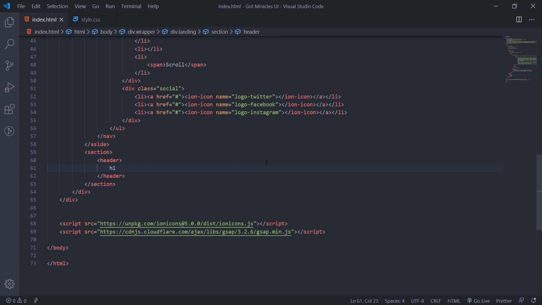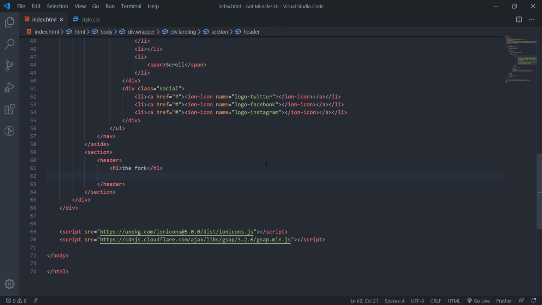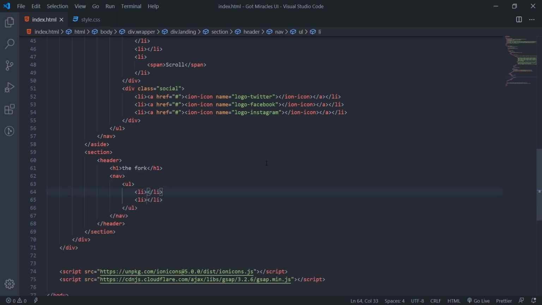I'll just say h1, the fork. Then we'll create this nav. So nav ul li times 2. We'll create an anchor tag.